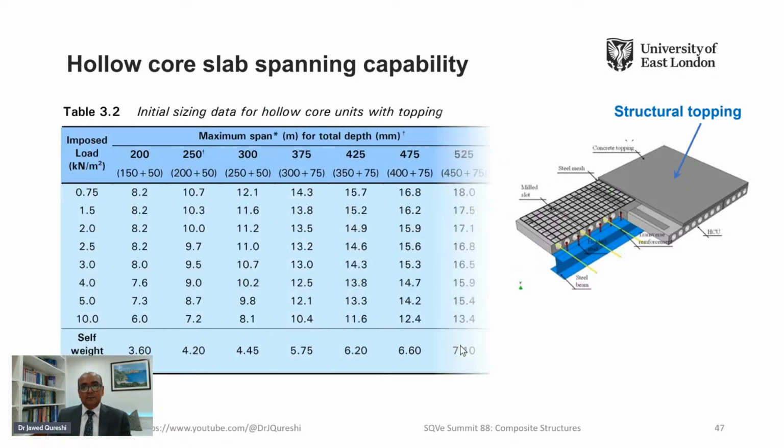Now, first is slab with structural topping. Here on the right side, you can see the service imposed load. This is the unfactored one. And for 5 kilonewton per meter square, you can see that if you're using a very deep deck, it is 14, as much as 15 meters as well. So we are pushing boundaries in terms of structural engineering. We are having more and more column-free spaces with these kinds of sheetings.